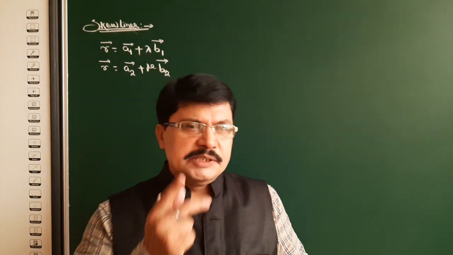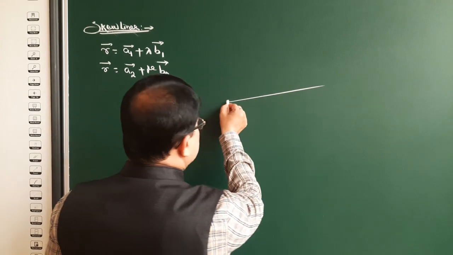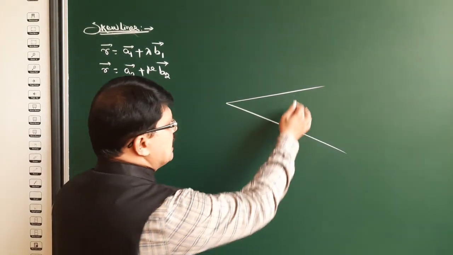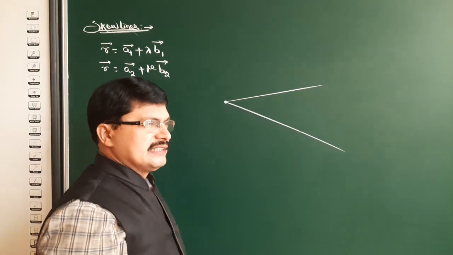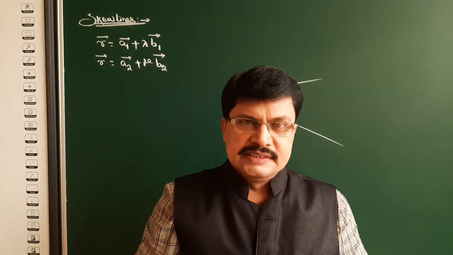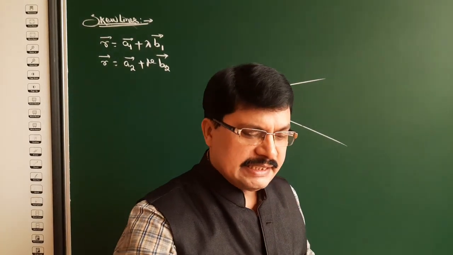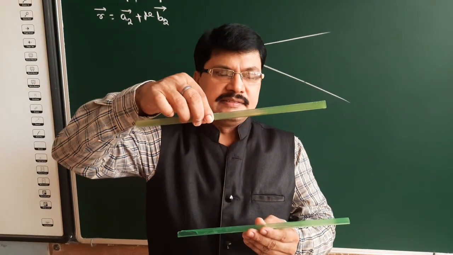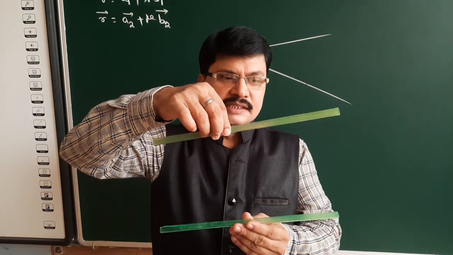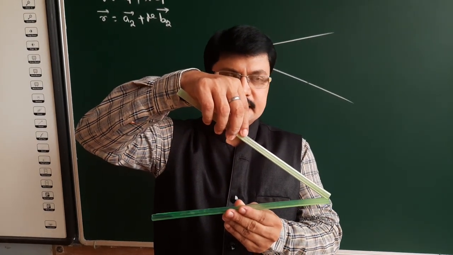In space, if you are drawing two lines, suppose on a plane you are drawing two lines and these two lines are not parallel, that means they intersect at a point. But in space, if you are drawing two lines and both lines are not parallel, just follow this. Suppose I am taking here this is one line and this is another line. If these two lines are parallel, I am doing like this, so no doubt these two lines intersect each other.